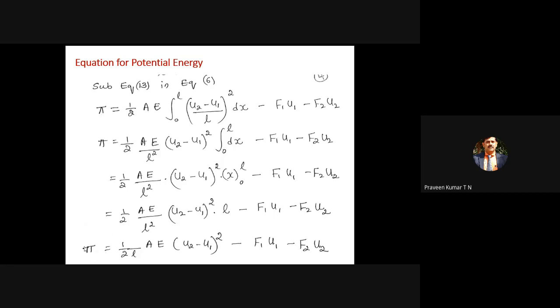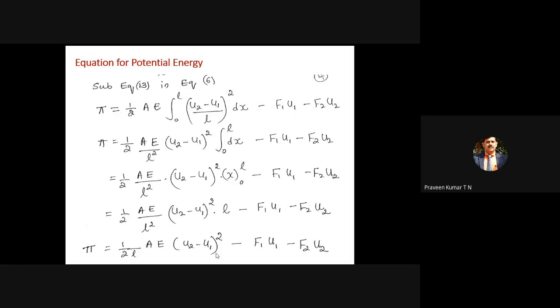If you differentiate this, the differentiation is nothing but the rate of change of your energy with respect to the parameter u1. If it is zero, then your system is in the equilibrium condition. I'm not talking about the energy being equal to zero, but the variation of the energy being equal to zero. Then the system comes to a halt, or to the equilibrium condition.